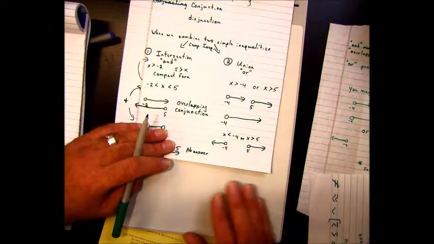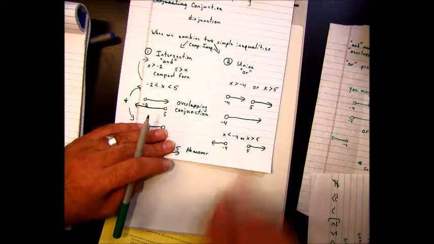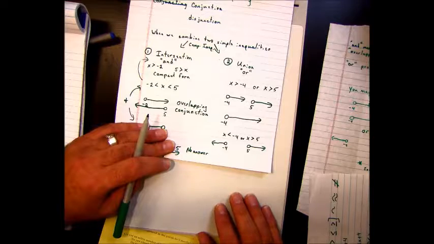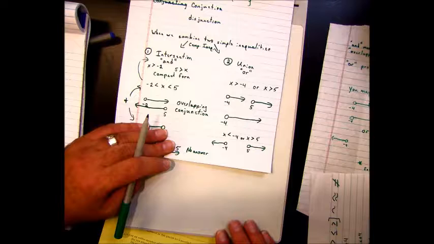I can have multiple answers. It doesn't have to be included in both. It can be this answer or this answer. So when I go to graph it, I'm actually done. Why? Because